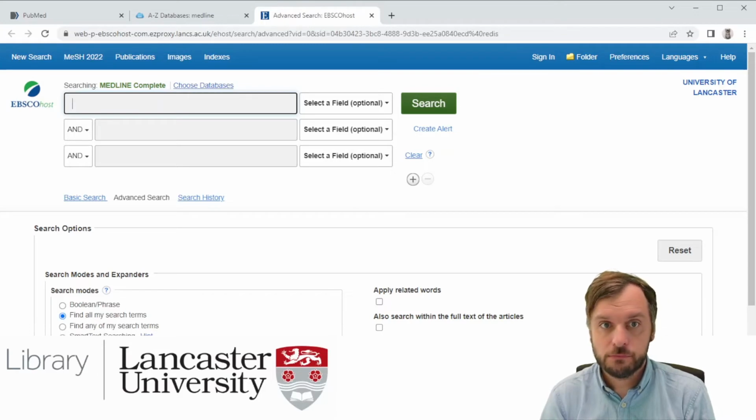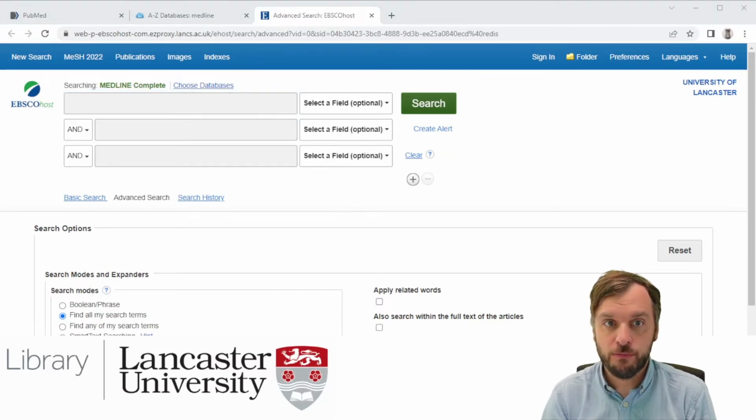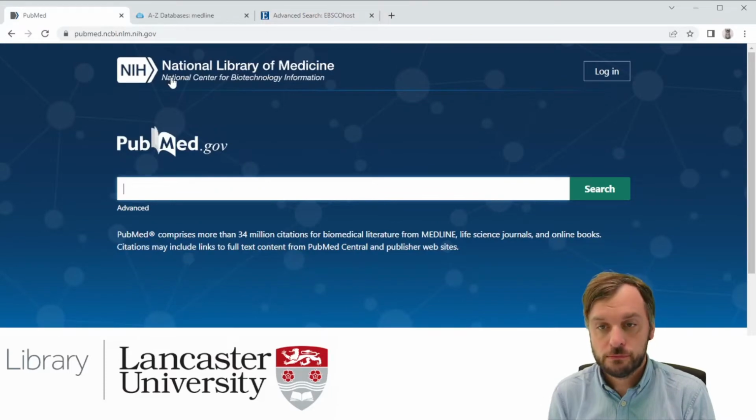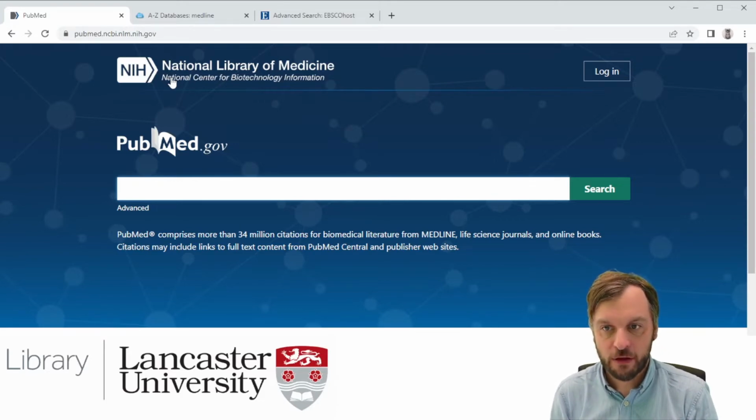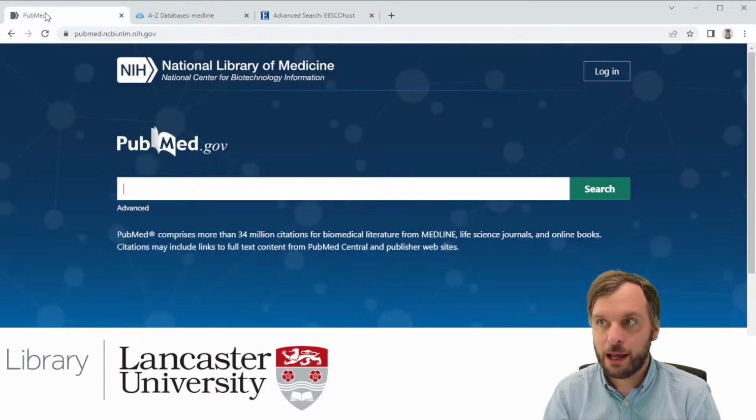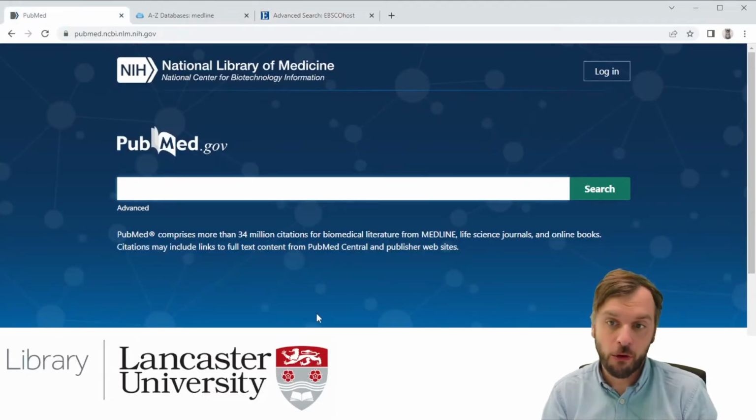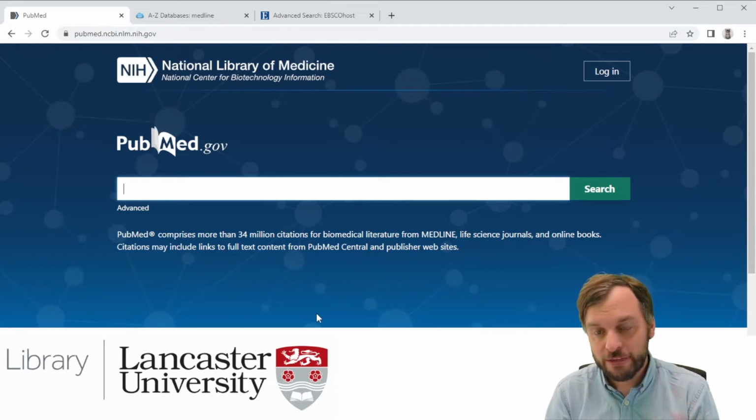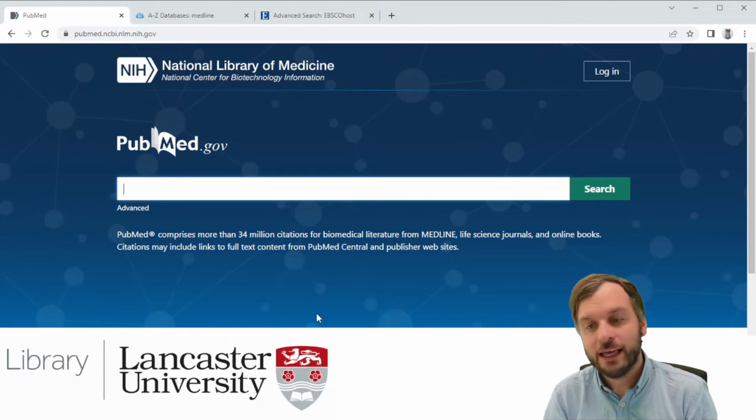Medline, when accessed through Pubmed, does not have as much functionality. It lacks some of the quality of life features you might hope to have, but it is actually more up to date. There's a lag between our EBSCO version and our Pubmed version. So Pubmed is a little bit more up to date. It also has pre-publication papers in it as well. So although it's more difficult to do a highly sensitive search through Pubmed, it is actually a little bit more